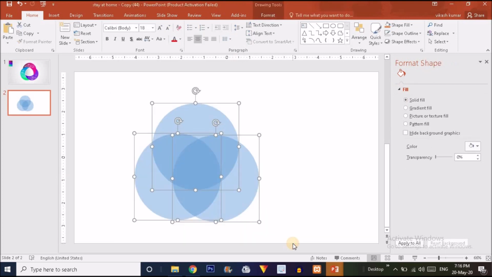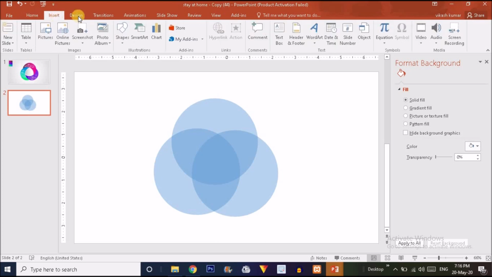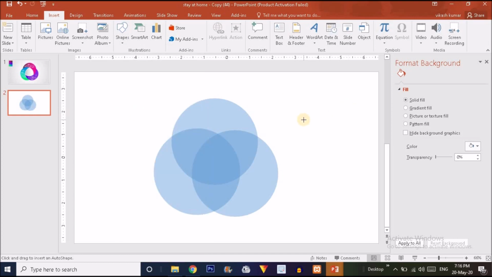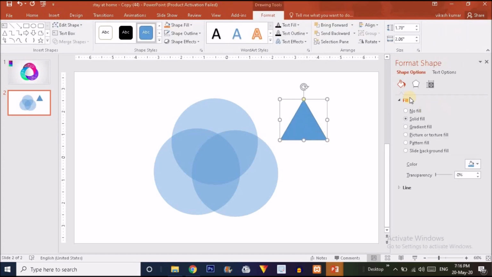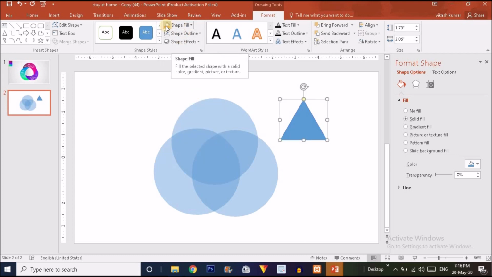Now you will ask me how we can have an idea of where to put and arrange these circles. So I'm going to explain a best trick. Just go to the insert option, click on shape and choose an isosceles triangle from there. Press Ctrl and Shift together and drag it outward to make a triangle like this. For now I'm going to change the shape outline to no outline, change the shape color to orange and make it a little bit transparent like this.